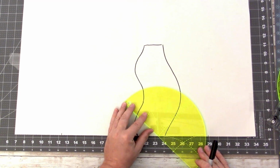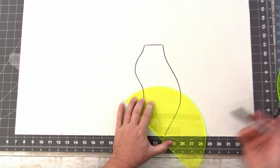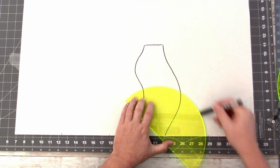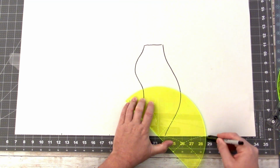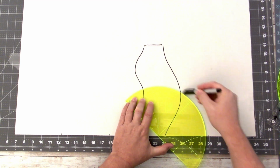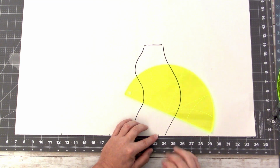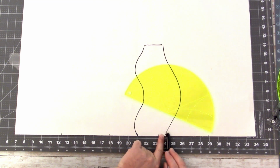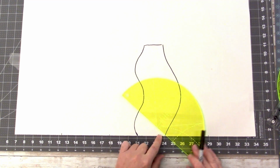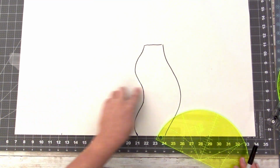Put your template on the mark that you made, put your horizontal line here, and that's when you're first starting, when you've got the horizontal line. And then you know you're going to start, this is going to be your finished shape, your outside shape. So you put your 3 down and see if you could quilt the 3, and you could probably quilt a little bit of the 3 right here. Anyway, so you're just using the tick marks and you're going across, and if you've marked a horizontal line on your quilt